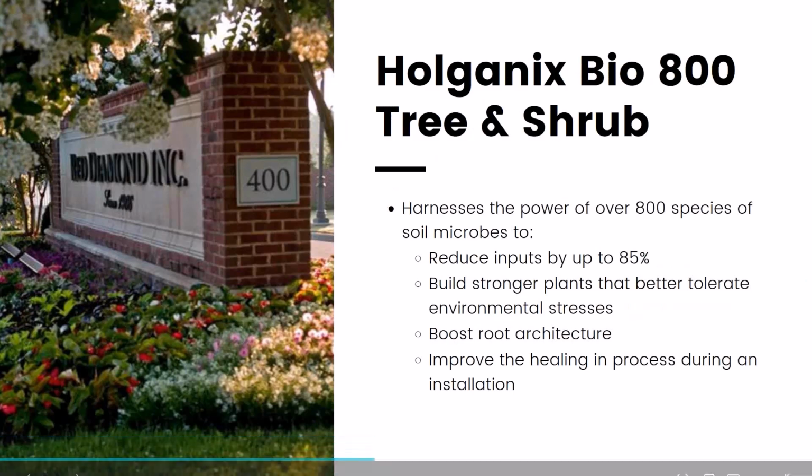So, Holganix Bio 800 Tree and Shrub. Just like every other Bio 800 Plus, we have over 800 species of soil microbes in one consortium. You can reduce your inputs by up to 85%. You're going to build a much better root system and soil structure for that plant